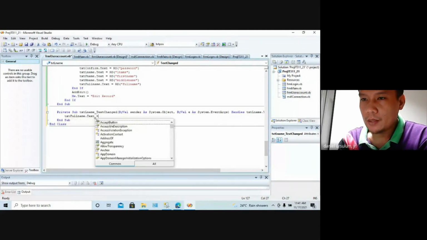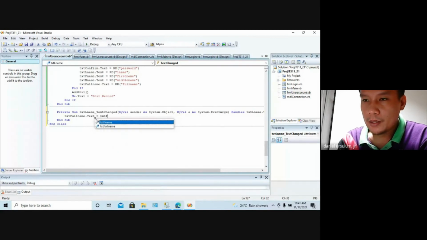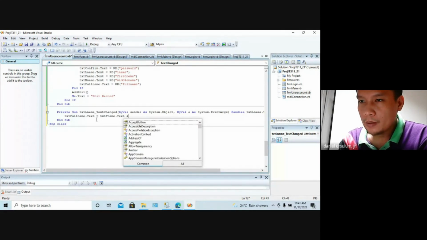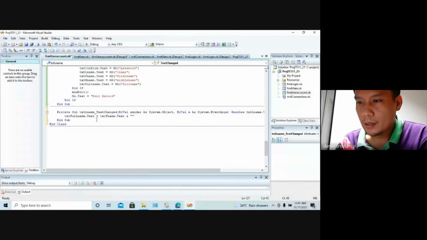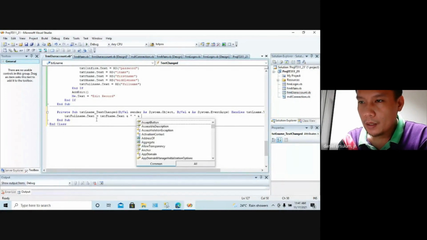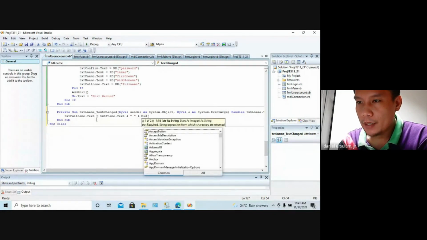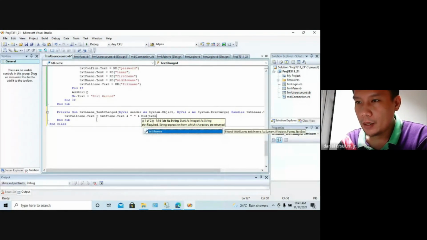Txt full name.text is equal to, concatenate lang natin, mauna yung first name, di ba? Txt first name the text concatenate is plus, pwedeng ampersand. Okay, concatenate space. Add. Paano kunin yung first letter of the middle name, yung unang letter lang. Gamit tayo ng mid function. Mid txt middle name mname the text. Okay, then